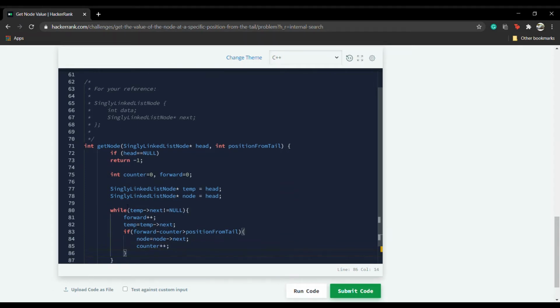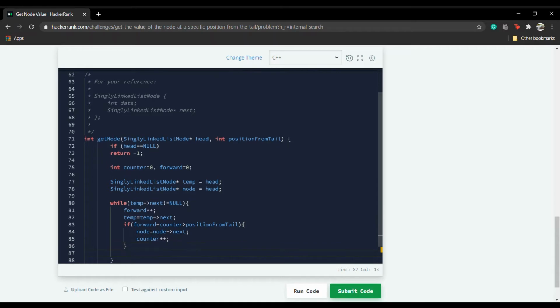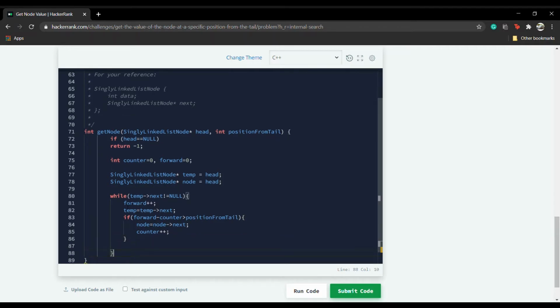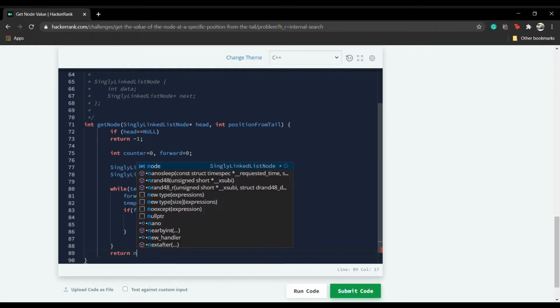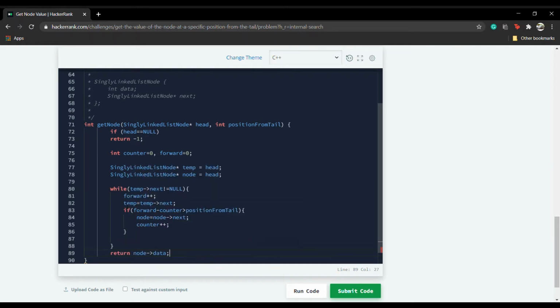So this, and once we are done with this entire thing, we have to return the node data. So let's now run this code.